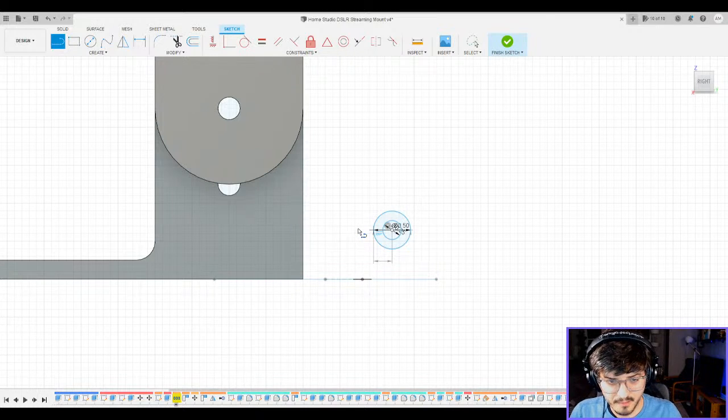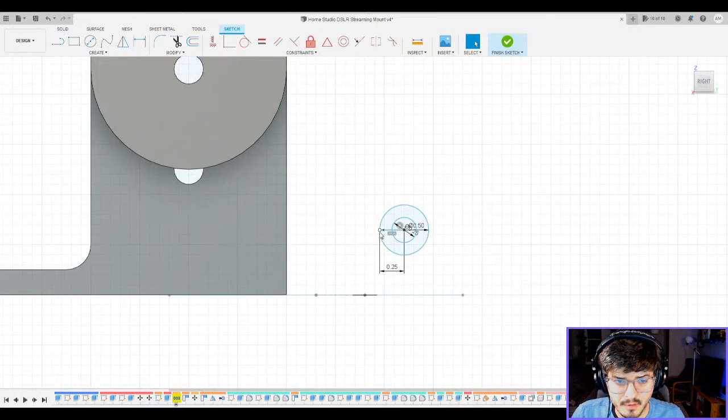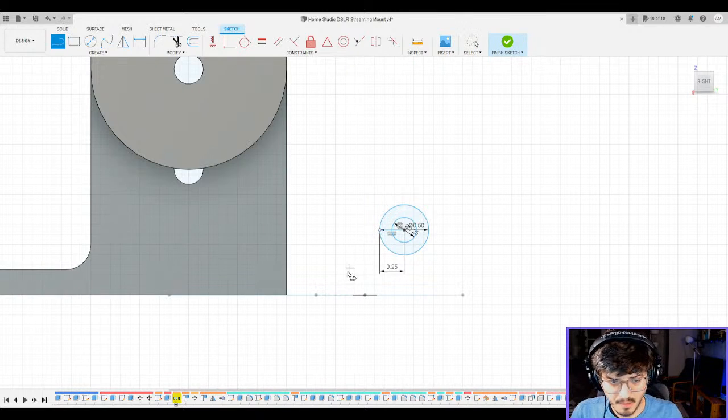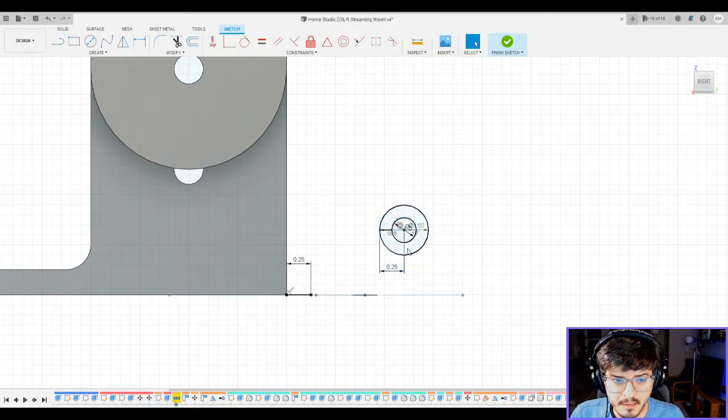Make it 2.5, sure. Yep. All right, so that's my thing right there. I'm going to make it 0.25, and then I'm going to make it coincident. Remove that.